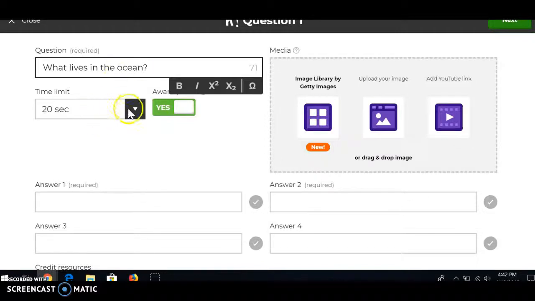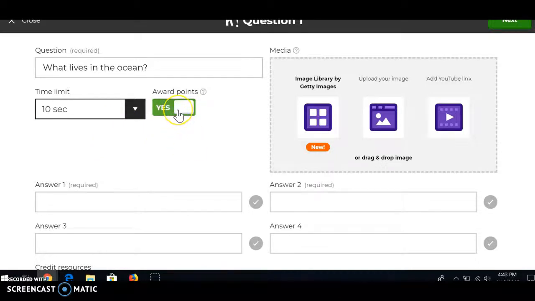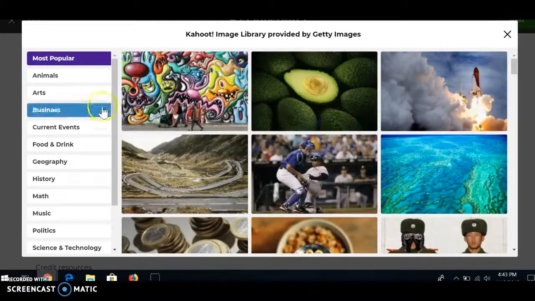what lives in the ocean. Here you can do your time limit. So we'll do 10 seconds, and you can do points, which are developed as you answer each question correctly. So it will rank kids. Say you have 5 kids, and one kid answers in 5 seconds, and the other kid answers in 45 seconds. And then it will rank that kid who answered it correctly in the least amount of time as in the top. So what lives in the ocean, we'll do an image here,